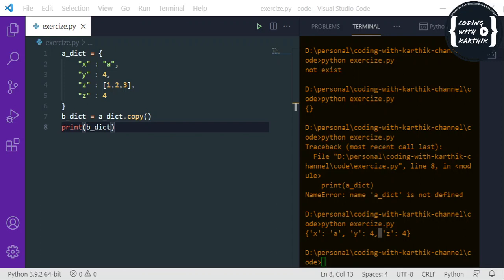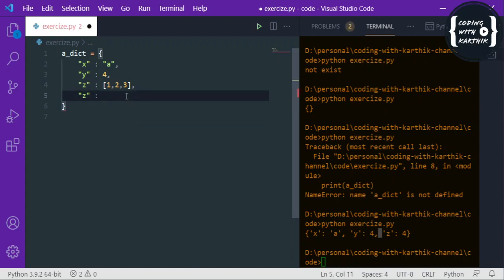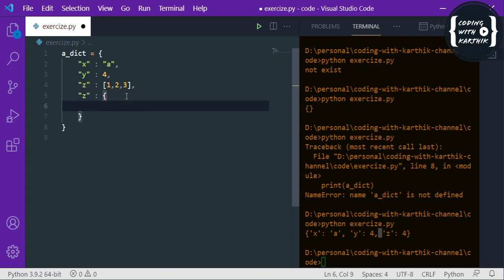And what else? Yeah, there's one more thing to say, like nested dictionary. As we said, a dictionary allows different data types, right? In the same way, let's say this is a dictionary, and for a key, I can provide one more dictionary as a value. That means we can give a dictionary as an item to the dictionary, and that's why we can call it nested dictionaries. So if you see here, suppose I give something like a to some,